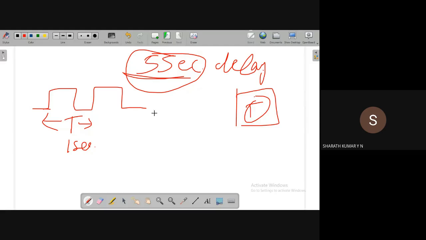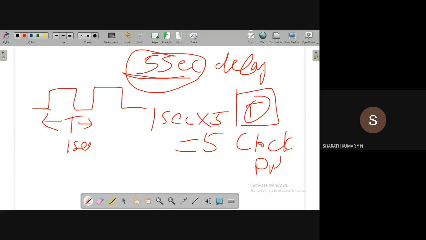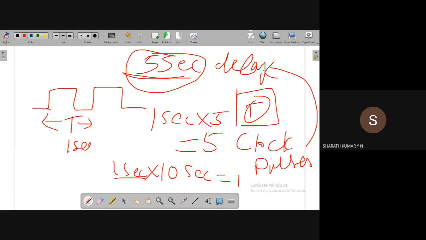It has to count 5 clock pulses. Next, if I want a 10-second delay, it has to count 10 clock pulses, each of 1 second duration.